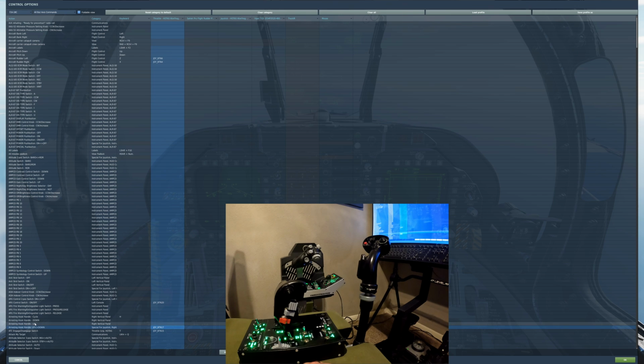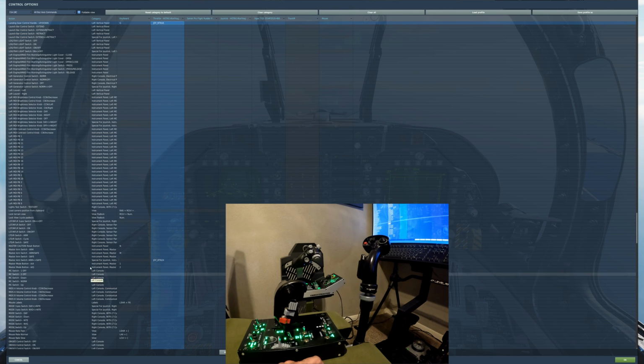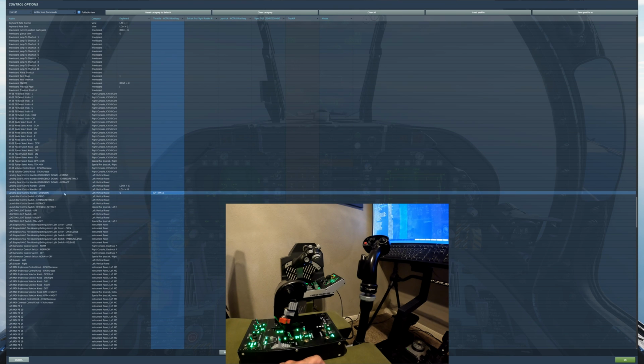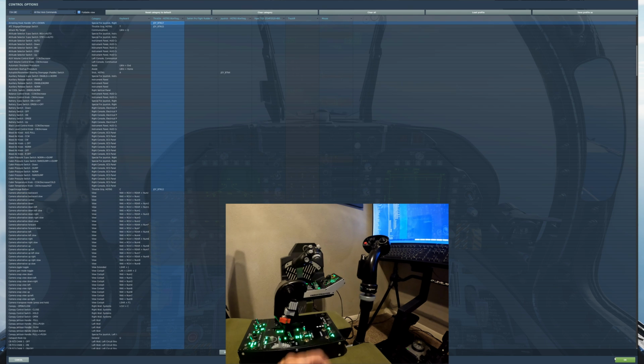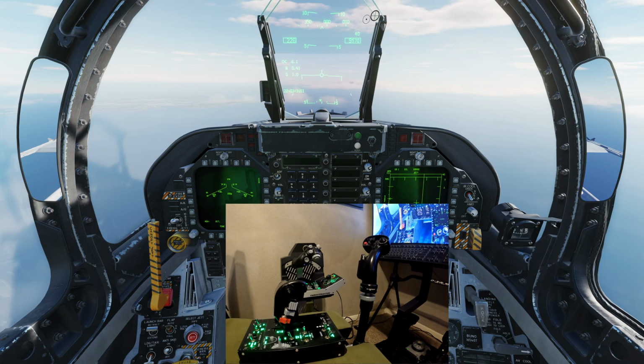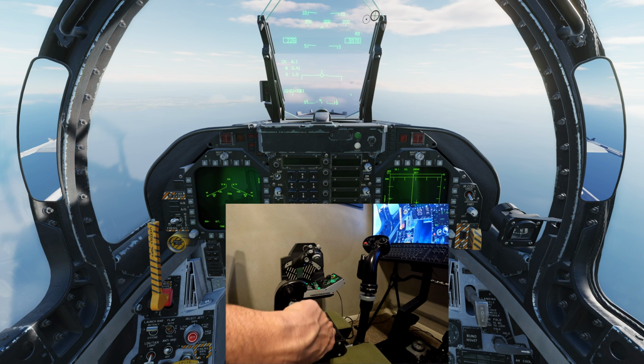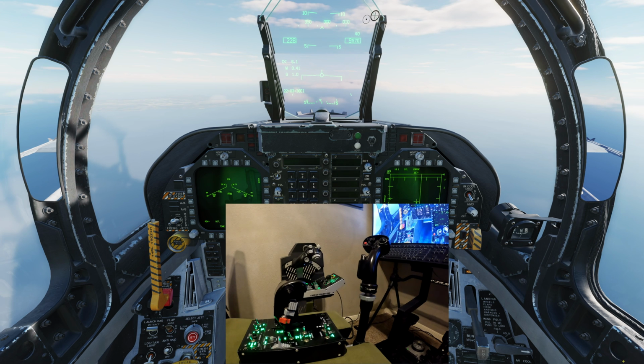Not every command or control key binding here has that option. Let's take, for example, the left-hand switch here, which I have mapped to the landing gear. In this one, my only options are down, up, up, down, which is basically me cycling it. So let's take a quick peek at that. Let's make sure my tail hook is up and landing gear is up. If I go tail hook down here on the right-hand side of the screen, the tail hook goes down,